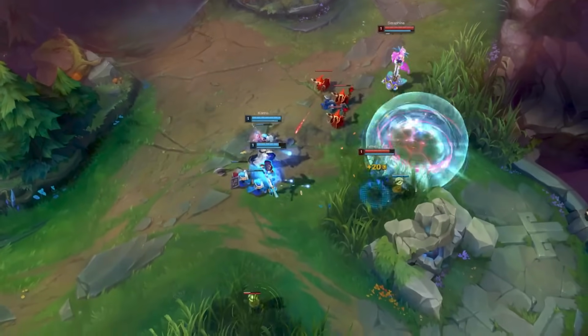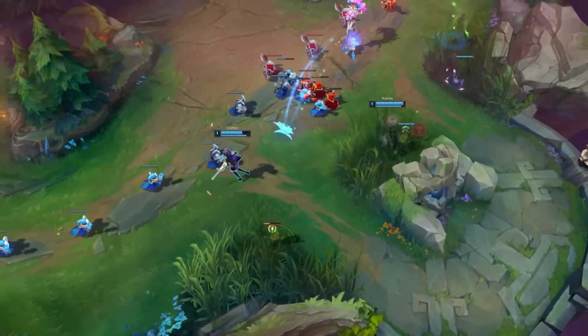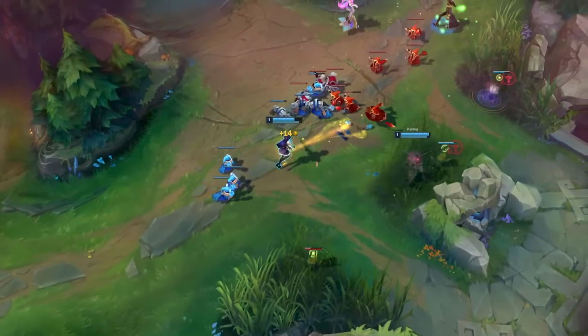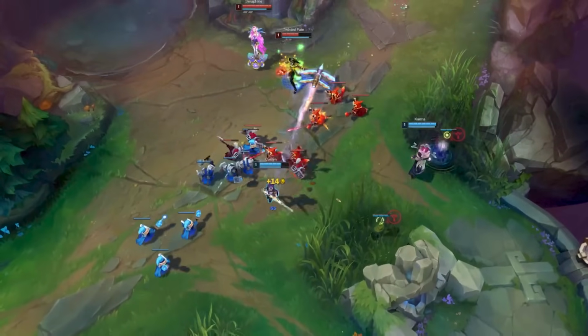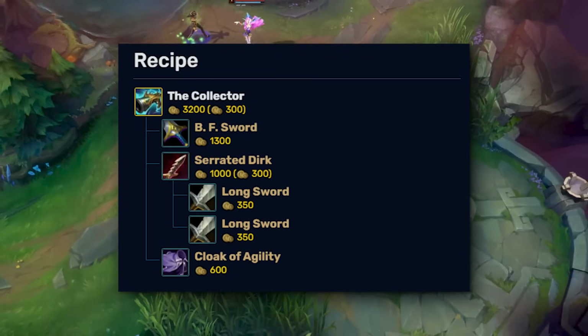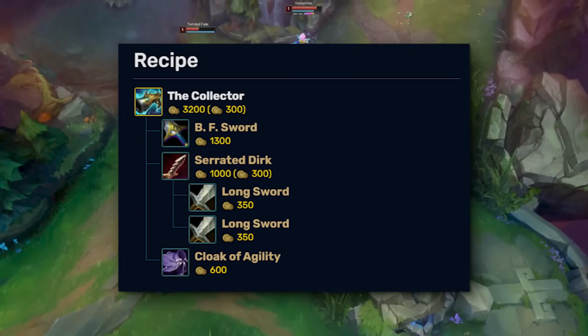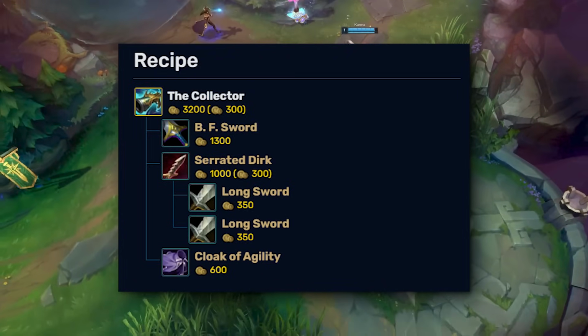Alright, so AD carries. Where do I even start? It's not a secret that they got a lot stronger. Not only does Infinity Edge hit like a truck, but the crit chance is much more often as well now. Collector got a very nice buff, and anybody who can run this item early, like Samira or Miss Fortune, will really like it. The build path is fantastic as it has a B.F. Sword, and there's another new champion that has been building it,